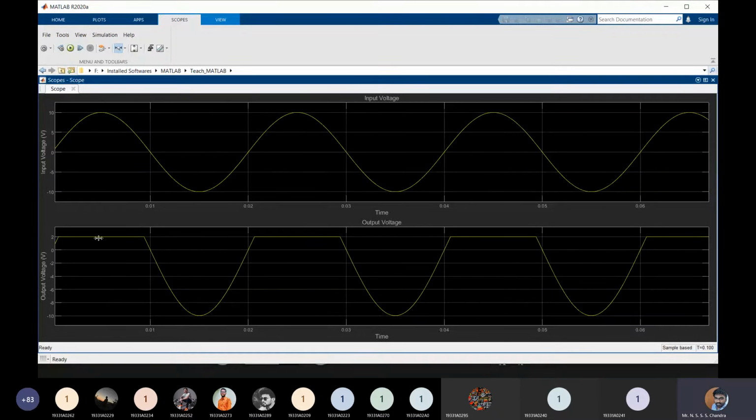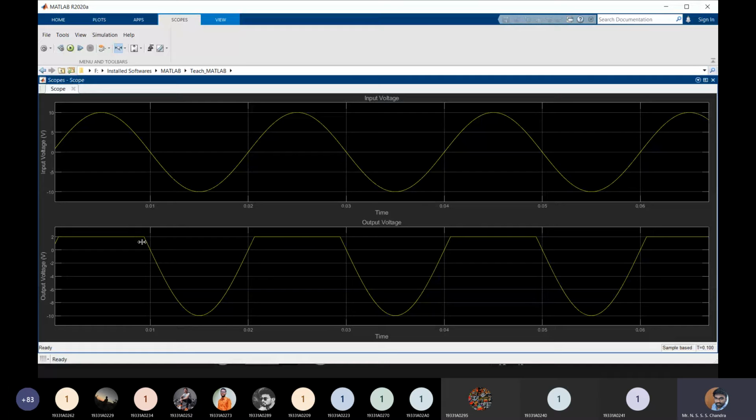So when the output voltage is 2 volts, it means the diode is conducting or not conducting? Not conducting, sir. Not conducting, then only your output voltage is equal to your battery voltage, 2 volts. Okay, and after this portion again you can see that your diode is again conducting.